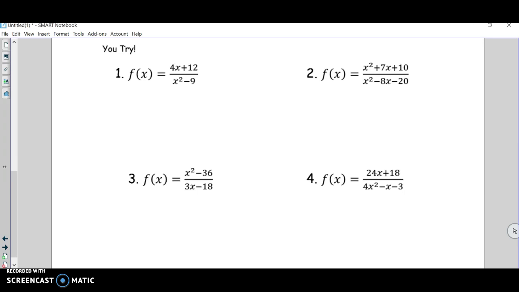Alright. Number 1. What do I do to simplify this? Is there anything to do with the numerator? Don't say no, because there is. Take out a 4, and what's left over? The denominator is a difference of what? Squares. So it should be